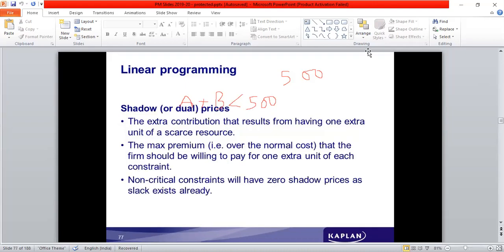the next concept is what is shadow price. Shadow pricing, shadow or dual prices. The extra contribution that results from having one extra unit of a scarce resource. Here it is not underutilization. The requirement is there. The usage also will be till the optimum point. So if that is the case, every additional unit which is